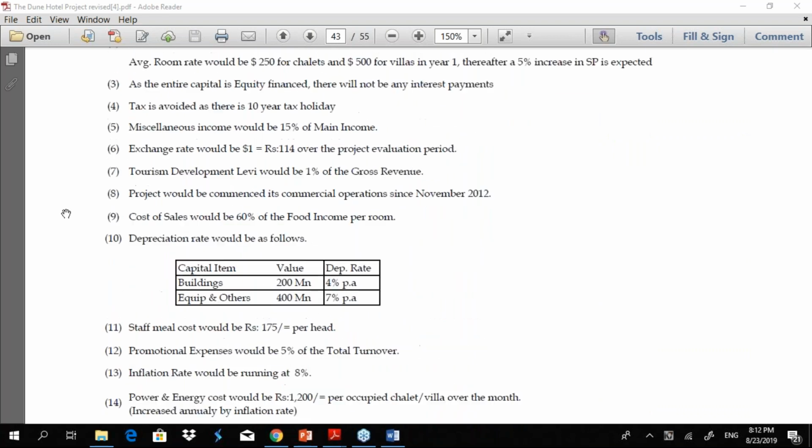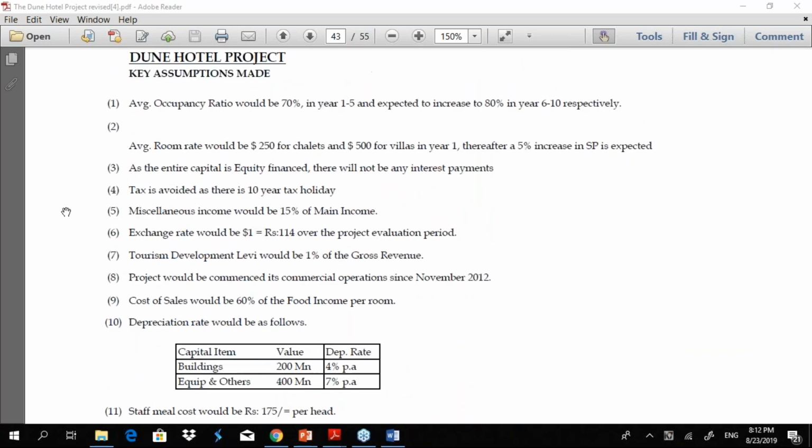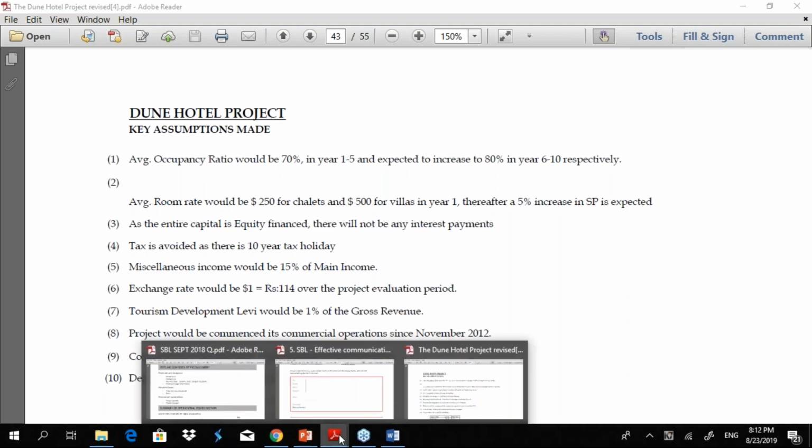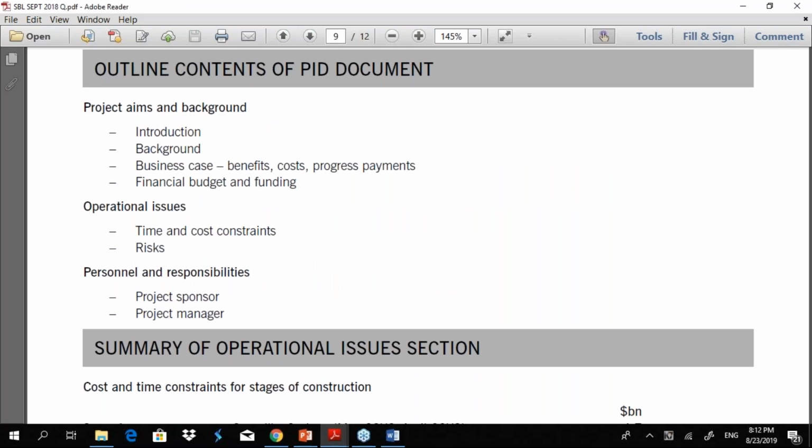You must have supportings. So that's another point that you must bring in here. Assumptions in terms of project costs and timings.